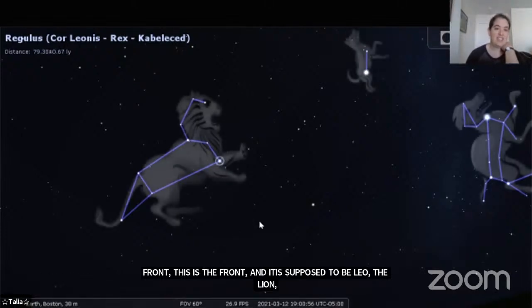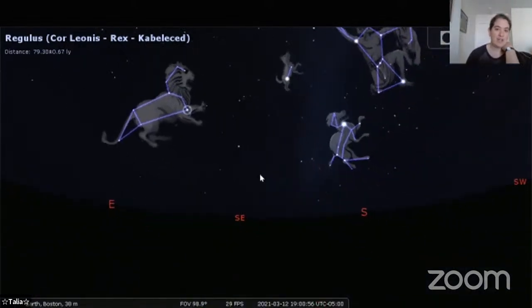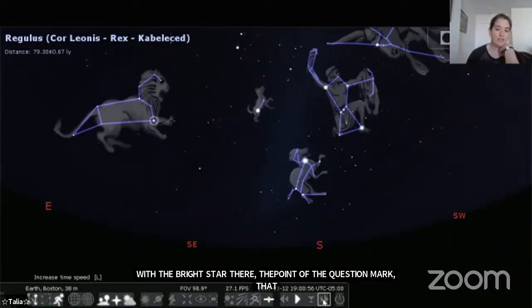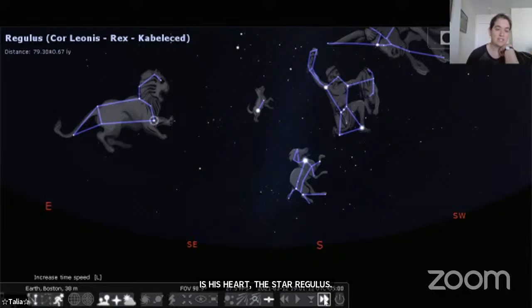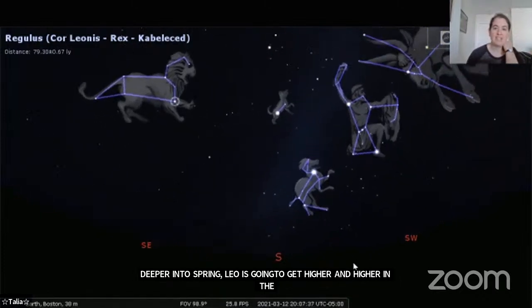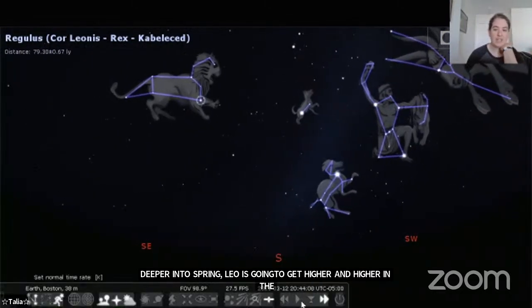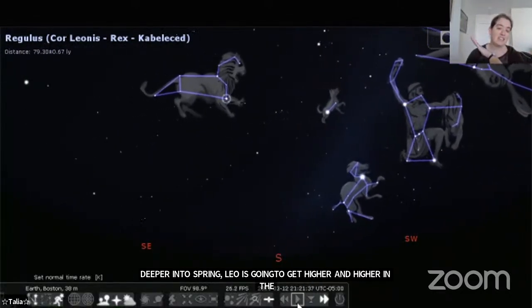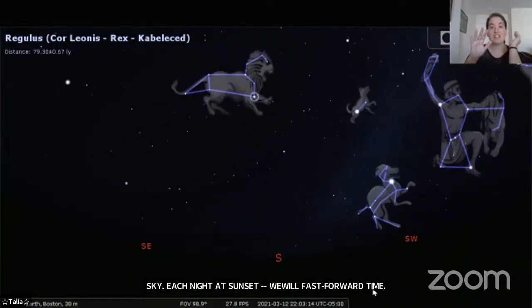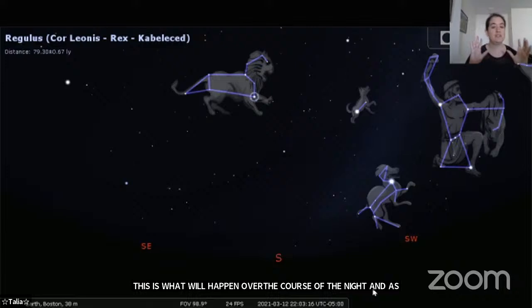And he is the anchor constellation for spring. Just like Orion anchors winter, Leo anchors spring. As we go further and deeper into spring, Leo is going to get higher and higher in the sky each night at sunset. I'll go ahead and fast forward time so you can see this, as it is both what's going to happen over the course of the night, and as we go over the course of the weeks, as the sun sets later and later, and as Earth makes its way around the sun, Leo is going to become very, very prominent in the springtime sky,